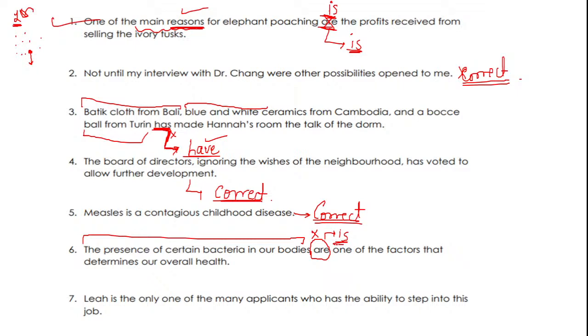For a single factor, "is" should come. If multiple factors had been mentioned in the statement, then "are" should have come. Okay, so "is one of the factors that determines our overall health." So here correction of this particular word is required. Okay, next,